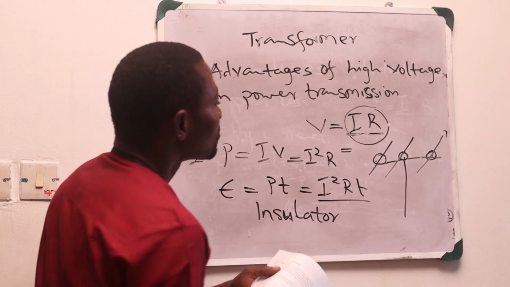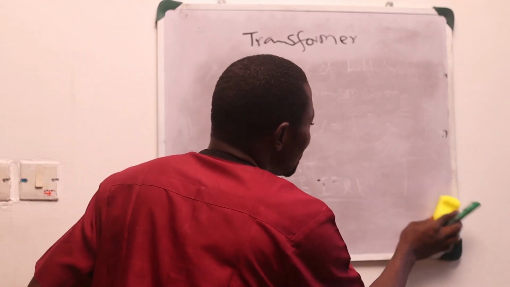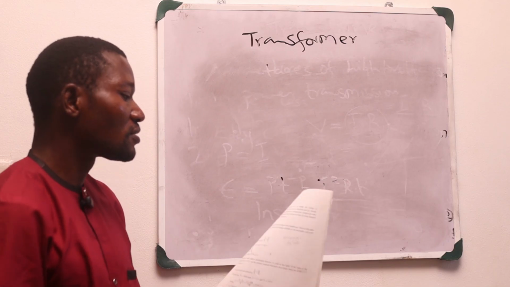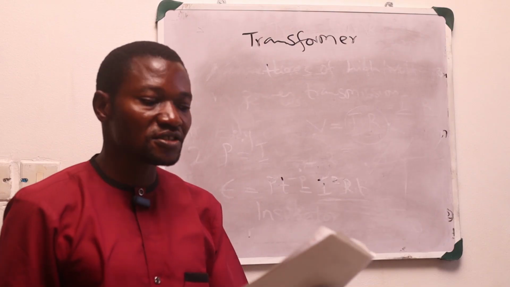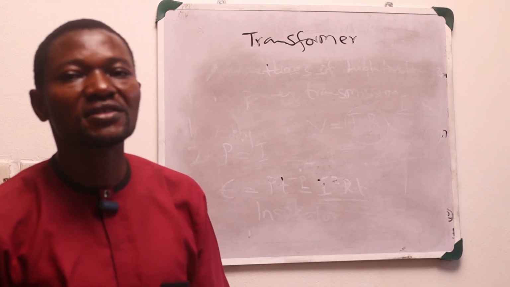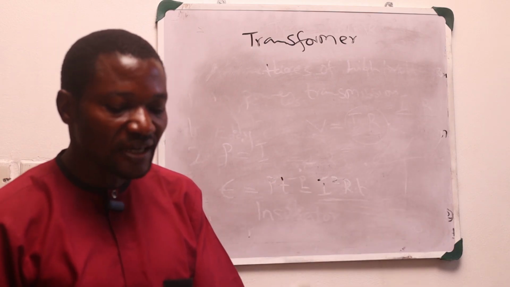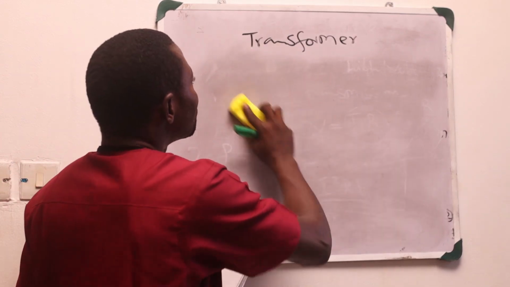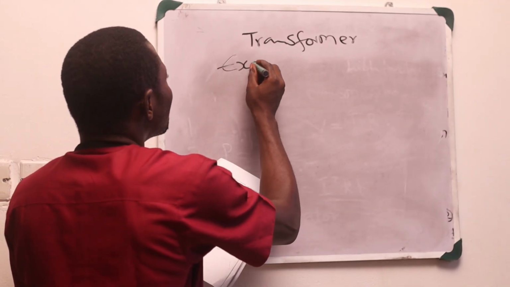The next thing we want to look at is uses of transformer. Like we earlier said, transformer is majorly used to step up or step down alternating voltage. And we have seen that we have two types, the step up transformer and the step down transformer. Okay, let's solve some examples using the equation we earlier derived. Example,